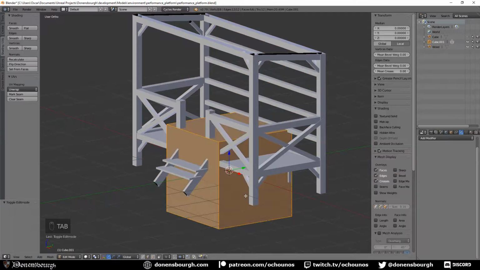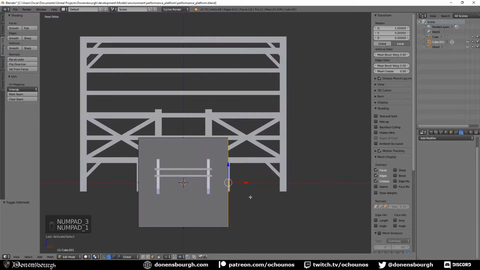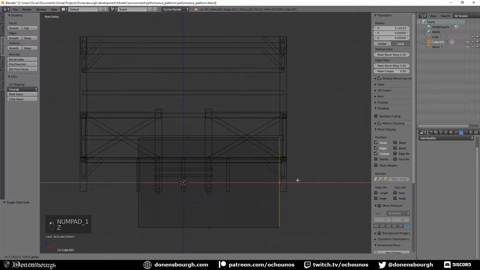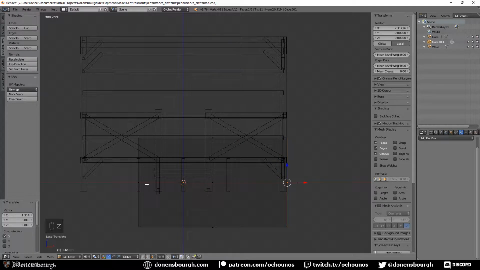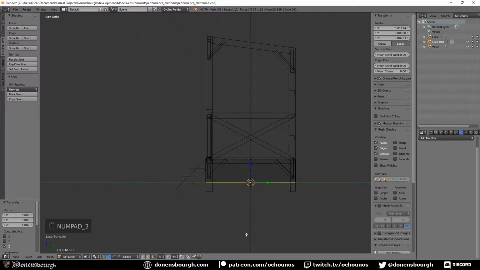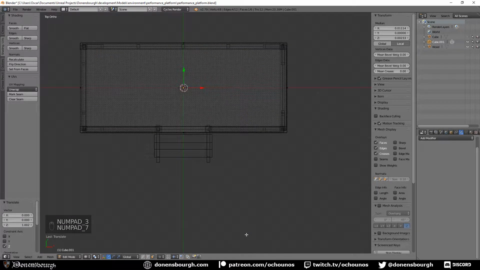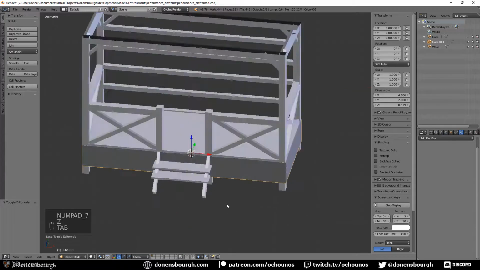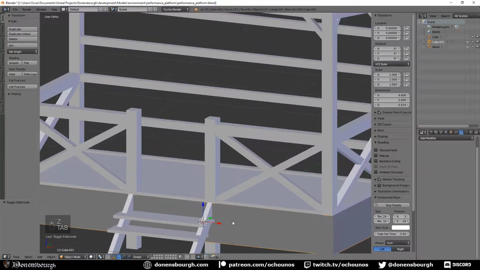So this cube, what I'm doing is adjusting, this is fine, and this is the first proxy that we are using. I will just adjust it to be all the floor. So here, and then 3, 7. Okay, so this is the first one that needs to be